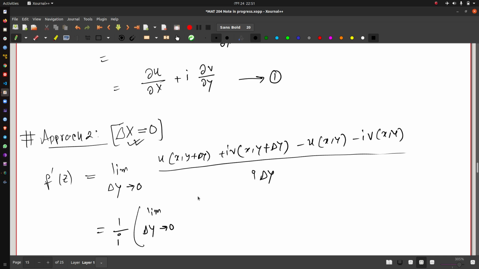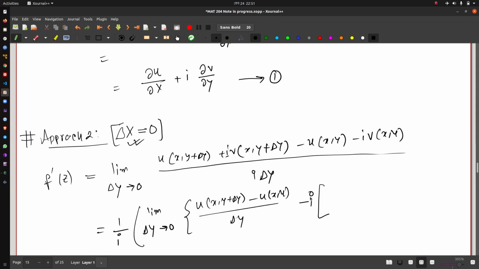You can collect the real and the imaginary parts together, and you will have u of x, y plus del y minus u of x y over del y, and here you will have a minus sign. I'm just jumping down some steps here, but it's pretty straightforward algebra,